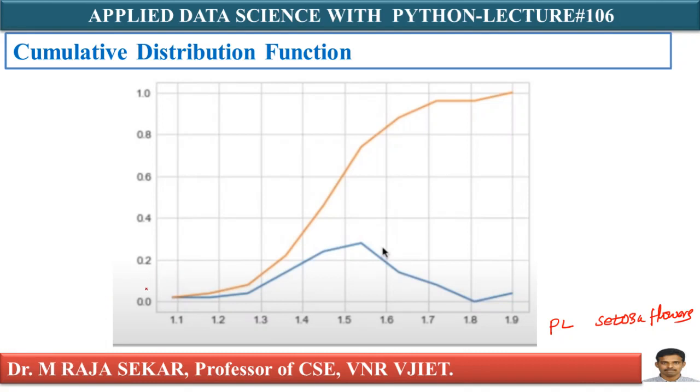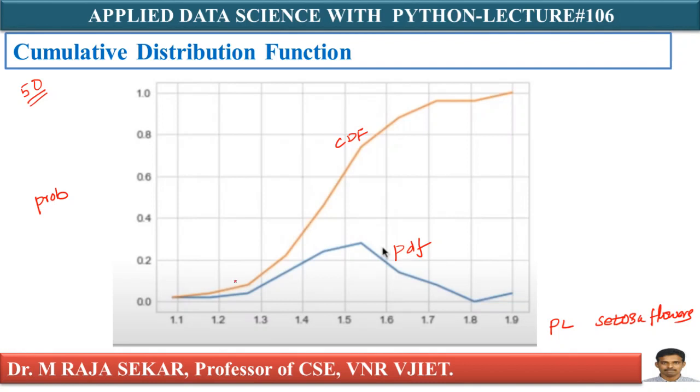Let me say, your blue line here is the PDF. Let me repeat. This is my PDF. The orange line is my CDF, cumulative distribution function. As I told you, on the y-axis I am taking probability, on the x-axis the petal length of setosa flowers. Let me assume this iris data set has 50 records. My data set size is 50. How to construct this output, I will discuss in future classes.